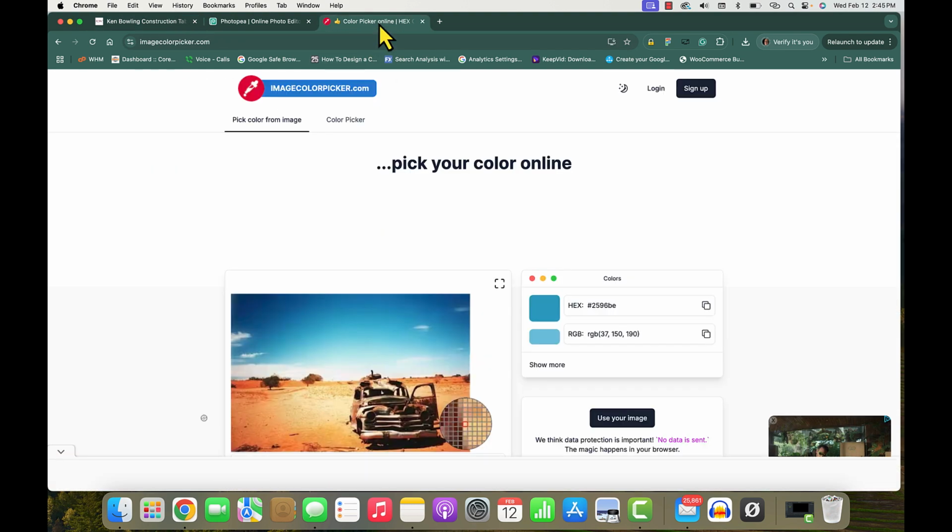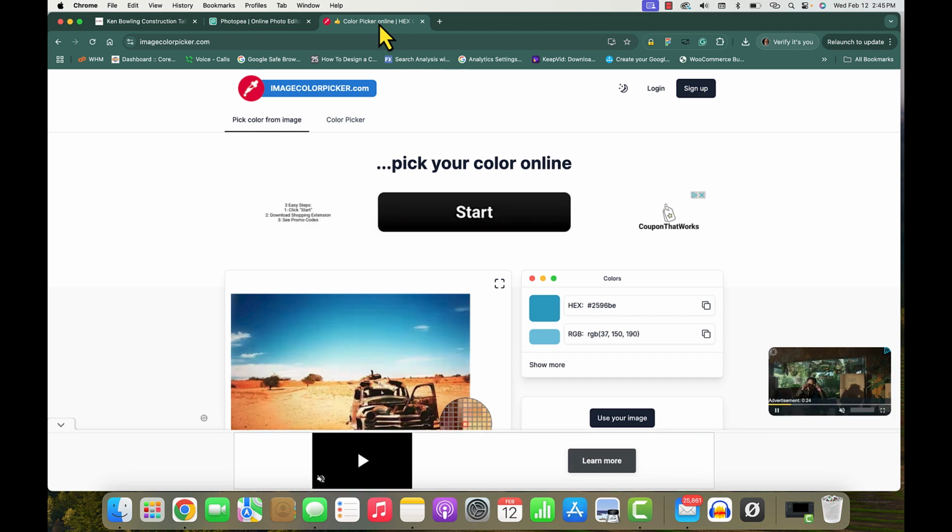So I like using imagecolorpicker.com. There's several others, but this one's pretty easy to use. We don't want to pick it from an image. We're going to pick it from a color since we already know what that hex value is. It's already been sampled. So we'll click here on Color Picker,